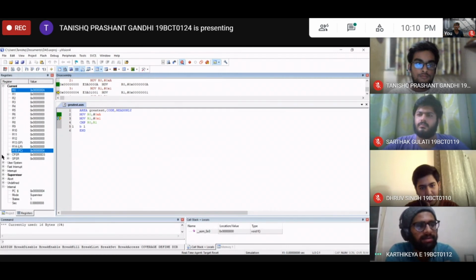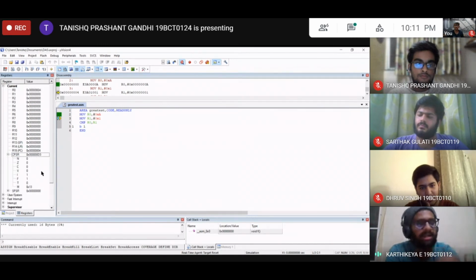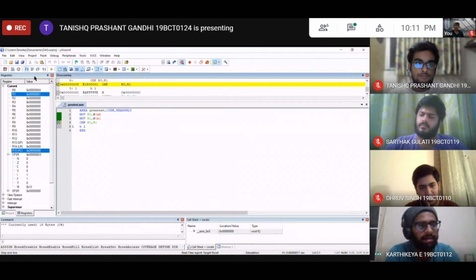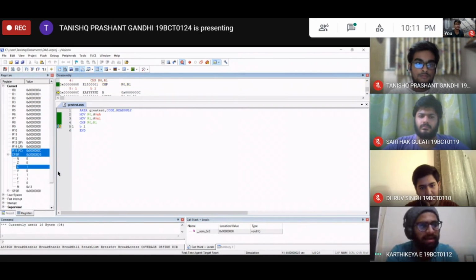Now the first step, R0 has the value of A, and then the next step, what happened? R0 has a value of A as we expected, and in the next step, R1 will have the value of 1. Now for the next step, we're going to compare the values R0 and R1, and when we compare,